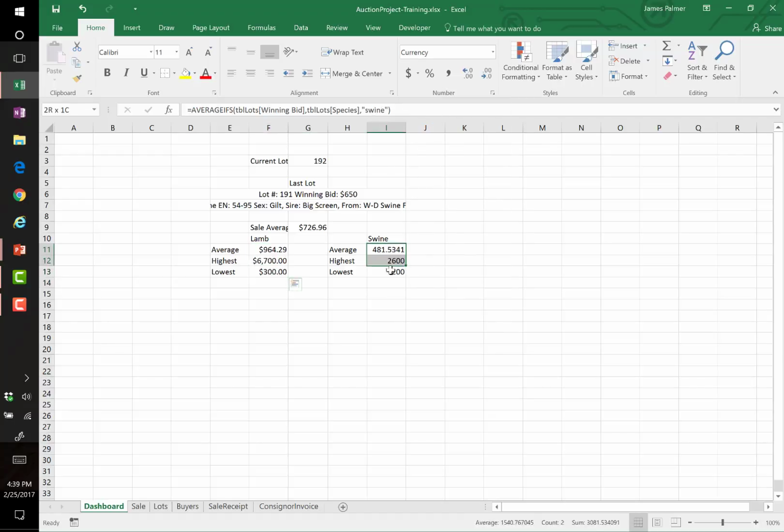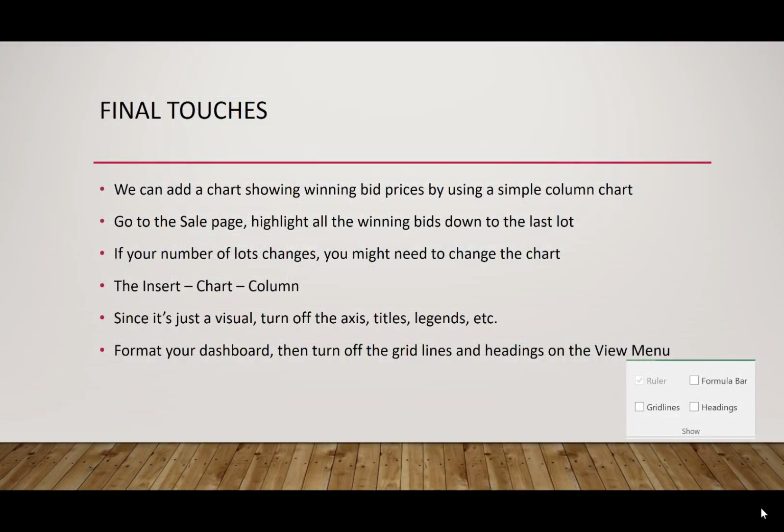Currency. I'll highlight these. Currency. Okay, it's coming together. Final touches, last things we need to do here. So, I'm thinking we can add a chart showing the winning bid prices, and let's just use a simple column